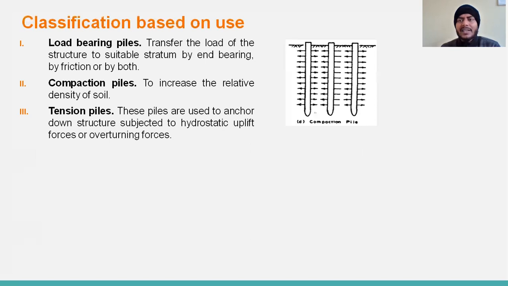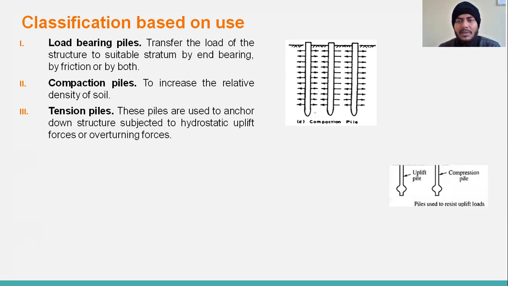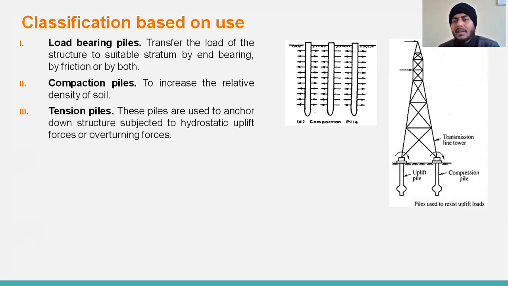Tension pile. It means this pile will resist some tension load. If tension is coming, this pile will resist. In this figure, you can see when the wind is coming horizontally, horizontal forces are acting on the pile. The first pile will be in tension, that is also called the uplift pile, and the second pile on the right side will be in compression. The first pile should be designed in such a way that it resists this tension, this tensile stress. That is very important. So this is called the tension pile.